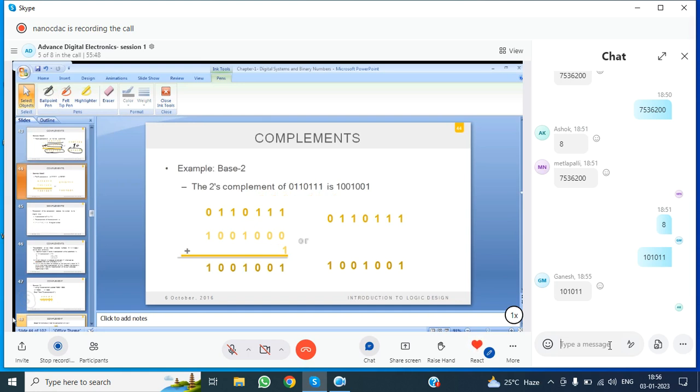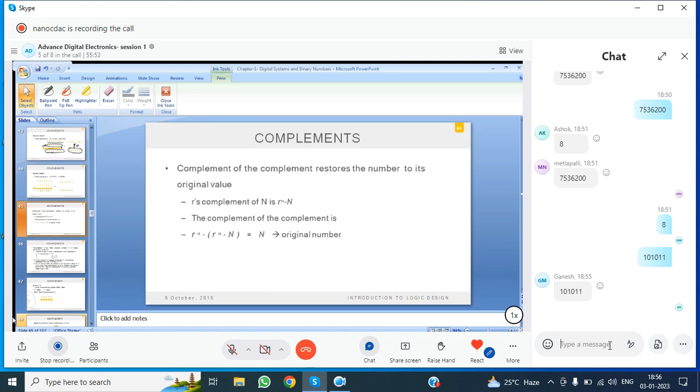So this one is also the same, a base 2 number's 2's complement. So next one,